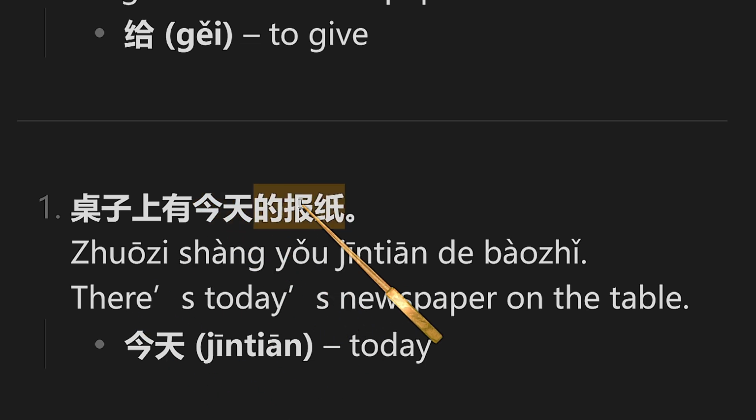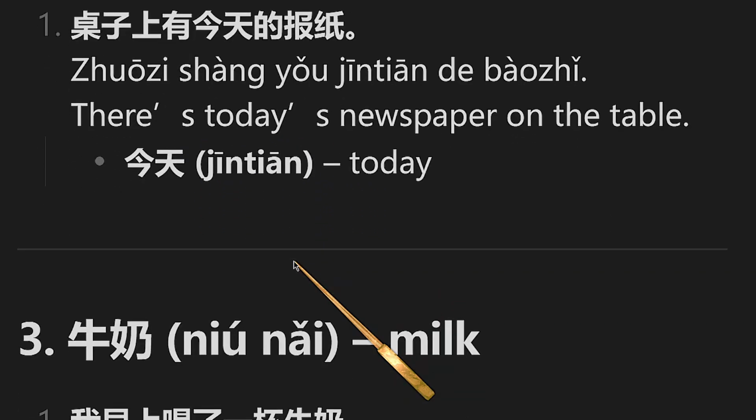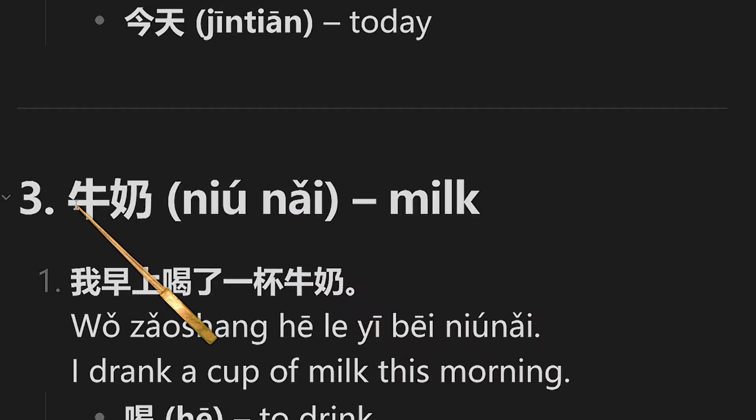The 报纸 which belongs to today, so it's today's newspaper. 今天的报纸. So 桌子上有今天的报纸。